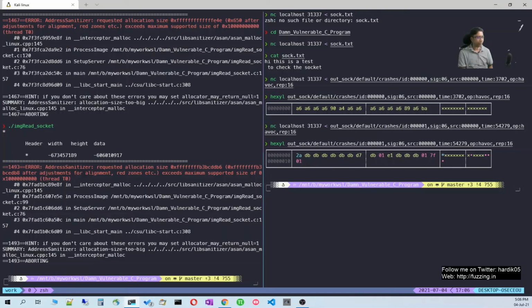Basically those servers process each input and don't terminate. So you need to make some changes so that they only process one input, then terminate, and then you can start that. Or you can even modify them to use persistent mode. In this case I wanted to keep it very simple.